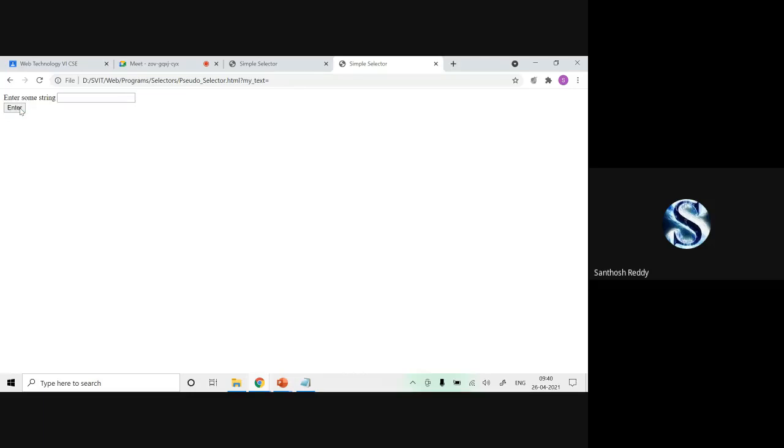This is what a pseudo class is, where we can apply some special effects for these particular tags. Not only focus, we can also do hover, in the sense that when I place the cursor like this here, the color automatically changes like this, and we can do it for hyperlinks.